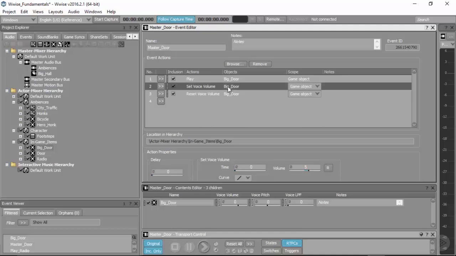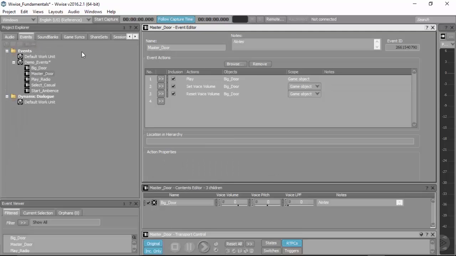So again, when you're changing things like this, when you're setting voice volumes or pitch volumes or any of that, especially if you're using relative, make sure that you have some control in there to reset that value later, or you're going to get some really uncomfortable stacking and it's going to be some trouble debugging, trying to figure out what happened in the game.